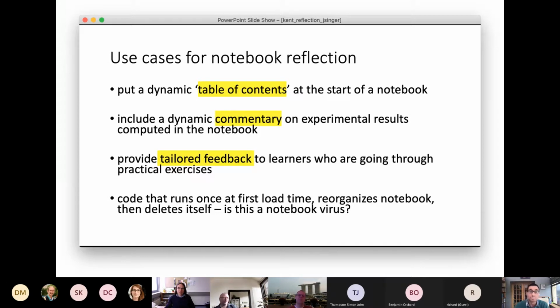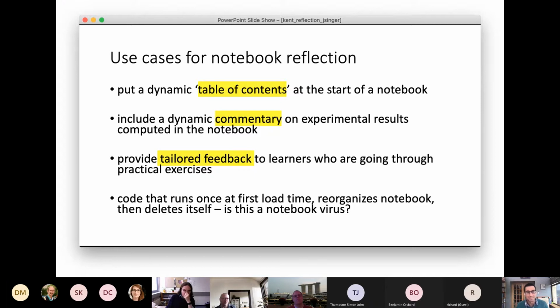From a more pedagogical point of view, you might want to use your notebooks for programming language learners, perhaps first-year undergraduates. I don't know what you teach your first-year undergraduates. We teach them Python, and we do use notebooks, but they are quite clunky. It's not possible, if the user makes a little mistake or has some kind of conceptual difficulty, to tailor the notebook structure or responses to the student directly within a live notebook that's running.